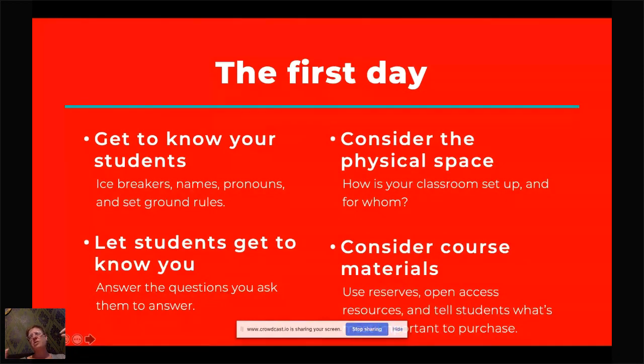And I know for a lot of us, we don't have much control over that, right? If we're teaching in a room where all the seats are bolted to the floor, even simply acknowledging that you understand the limits of the space can help students feel like, even if their needs can't be met because of infrastructure, you understand that they have needs. And that's, again, part of signaling your inclusivity.